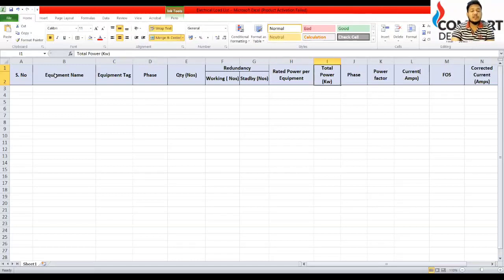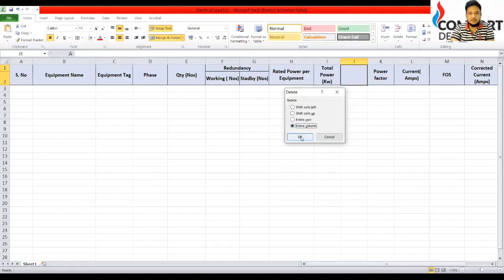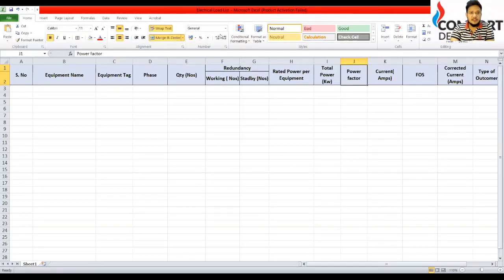Now total power is what? It is for all the equipments, and that is what we are determining here. And phase we have already written here, so no need to write phase here, so we will delete this column. Then power factor is there, current is there. This power will definitely be at full load, that is your full load power. Both these are at full load because we have to determine the cable and the